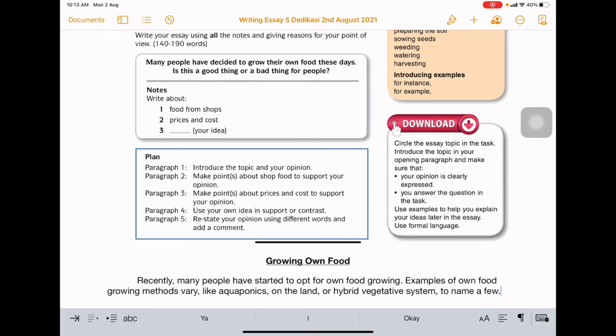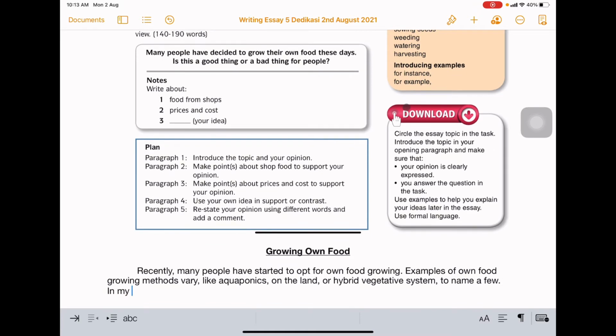Okay, but you can put there to name a few. Okay, and then after that, I think it is enough for 2 lines, and then we finish our first paragraph with your opinion. So in my opinion,